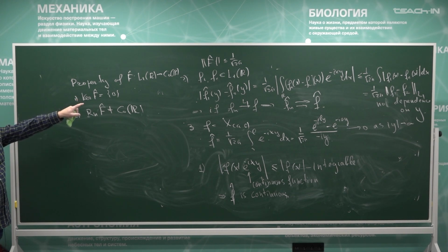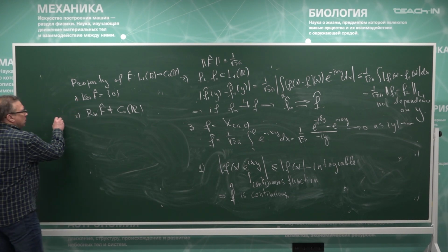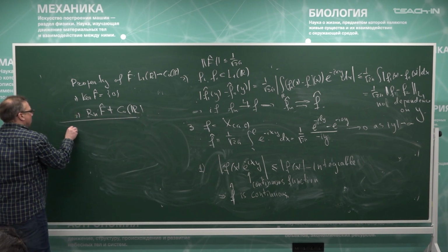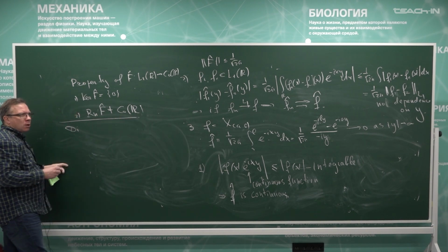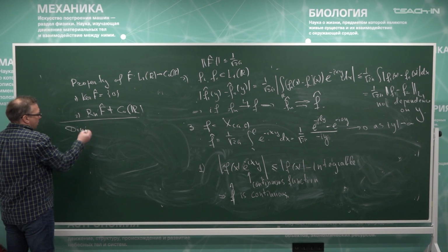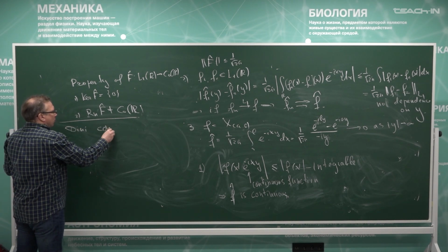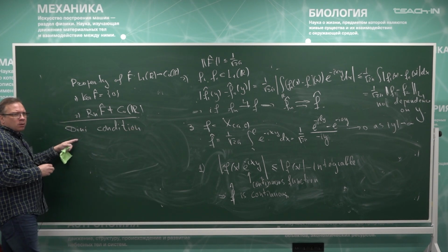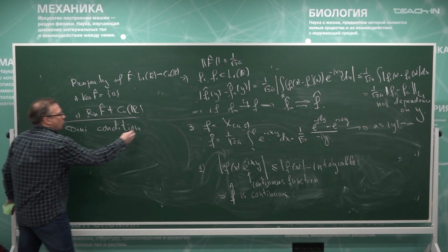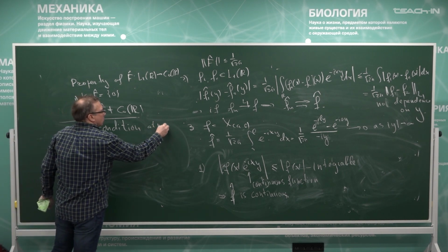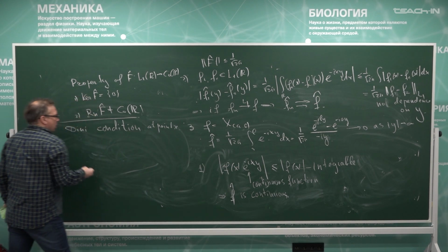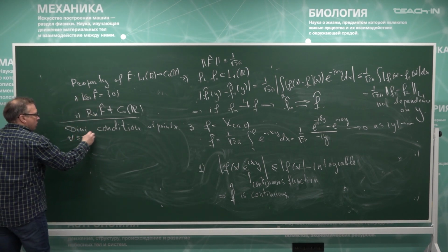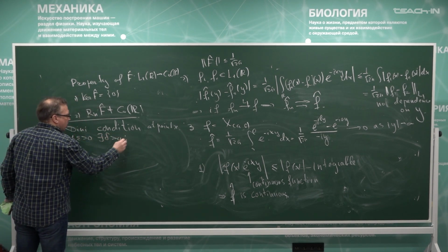Dini condition at point. Oh, how Dini? I think it's. Artem, do you remember how Dini written? Is it? Dini condition at point. x. For any epsilon positive, there exists delta positive, such for